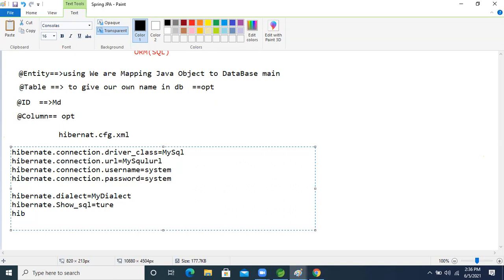Another one is hibernate.format_sql. This one is also false by default, so we will make it true now.